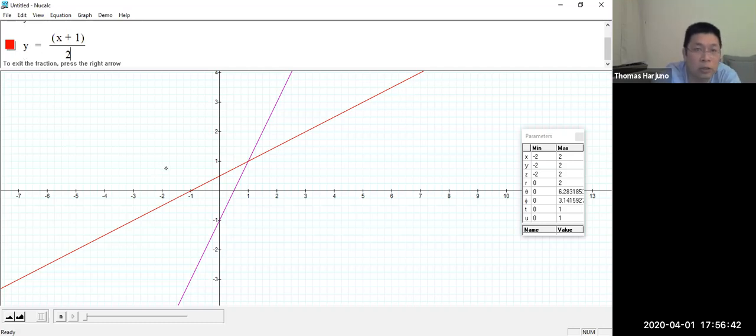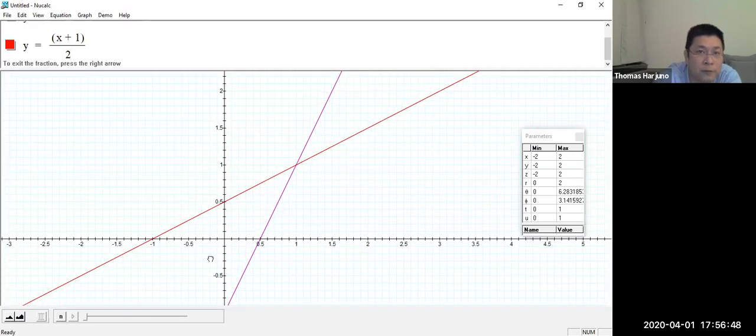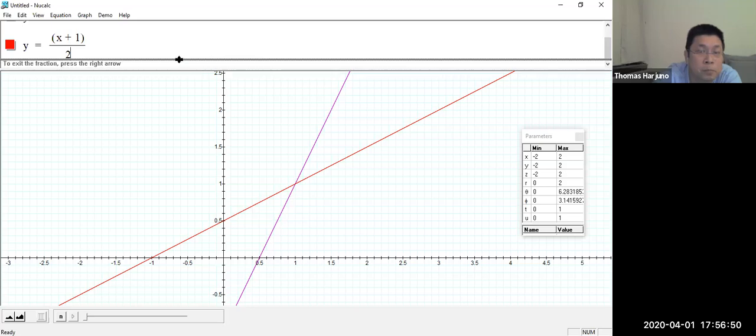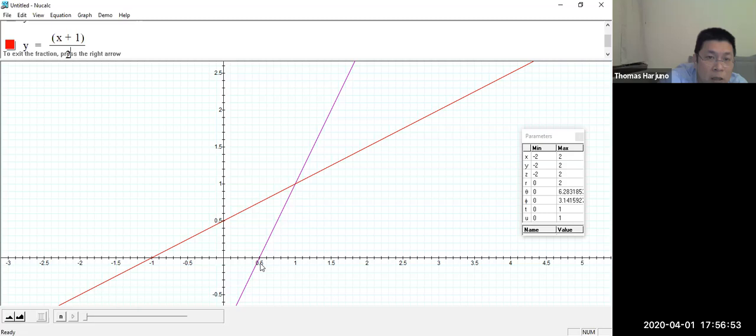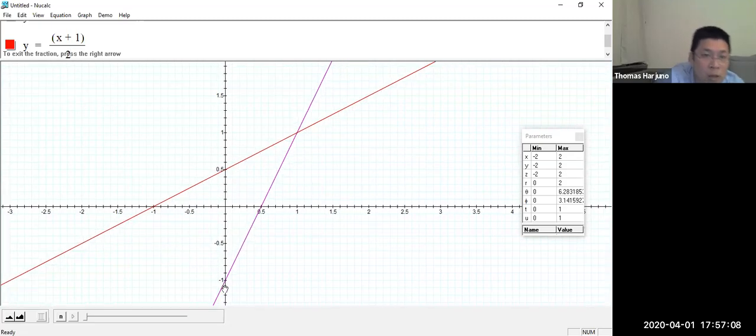Now, you see here, this is the graph of the inverse function together with the function. Notice that the original x-intercept, (1/2, 0), now becomes the y-intercept, (0, 1/2). And the y-intercept originally (0, negative 1) now becomes the x-intercept (negative 1, 0). Now, why does that happen? The reason is because